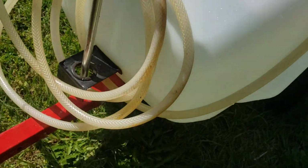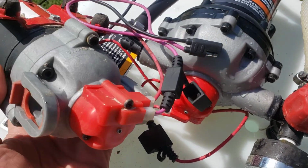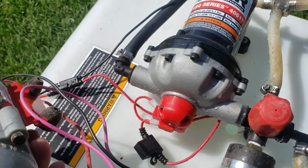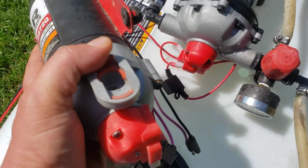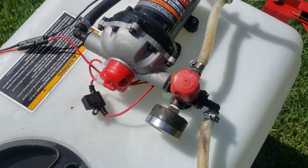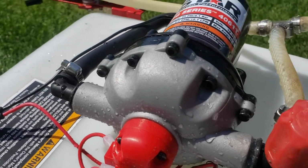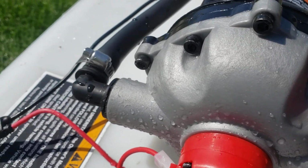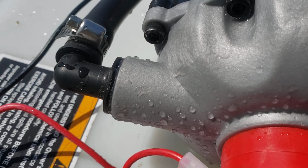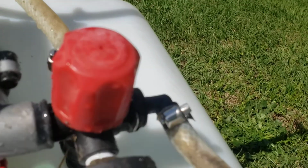In fact, I'll grab that motor just one last time, and you can see the difference in size on the impeller between them. But unfortunately, I ordered a motor that was supposed to have these quick connects on it like it originally had, but it actually came with 1/2 inch MPT fittings. So I could have just gone out and bought a fitting, but you know, it's just the way I am. So I wound up using sealant, this stuff right here,